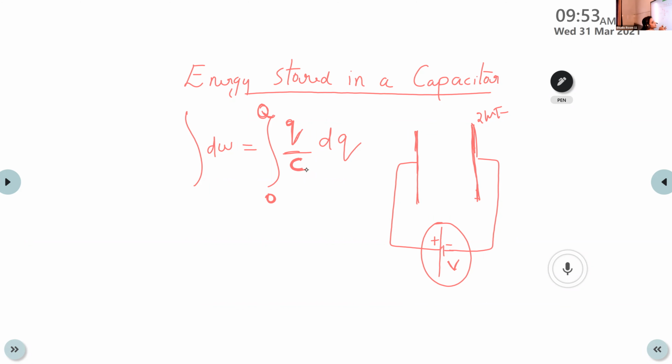Because here we are considering a capacitance, suppose it possesses a particular value. Sometimes it may be 2 microfarad or 3 microfarad or 4 microfarad, any integer value. That value of the capacitance is a constant. It does not vary from the beginning to the end. It remains constant. So C is a constant here. Suppose we consider the capacitance here as 3 microfarad.